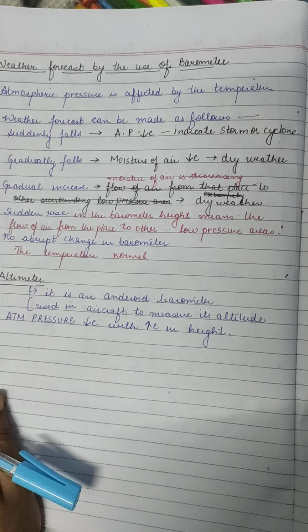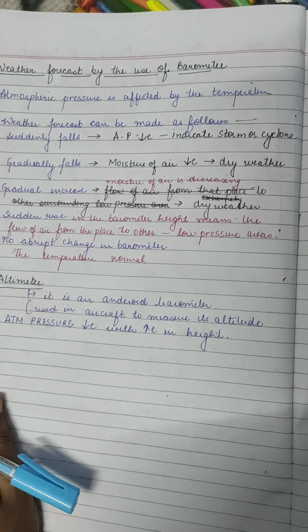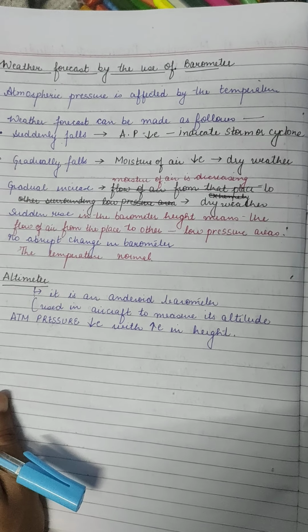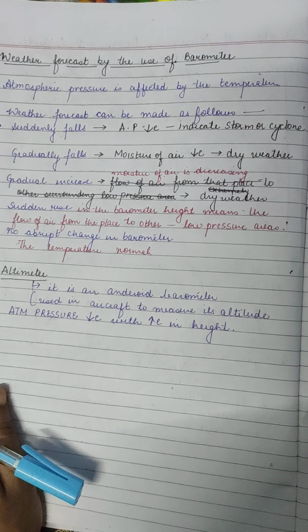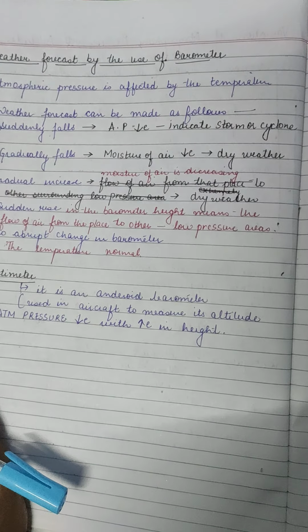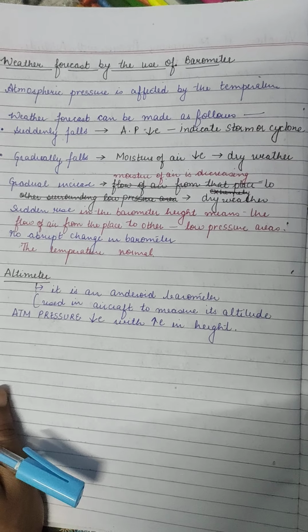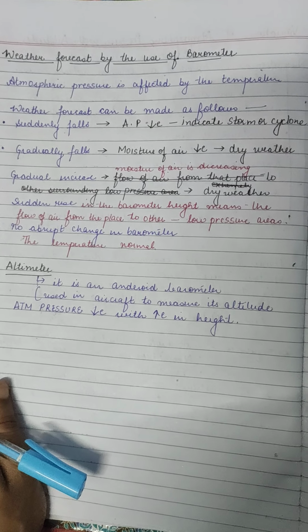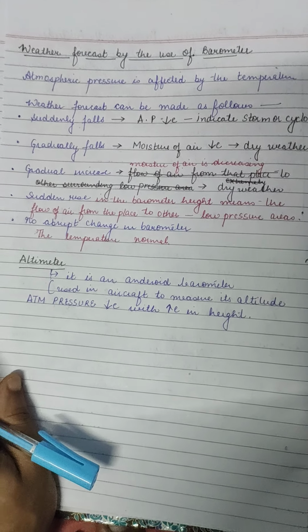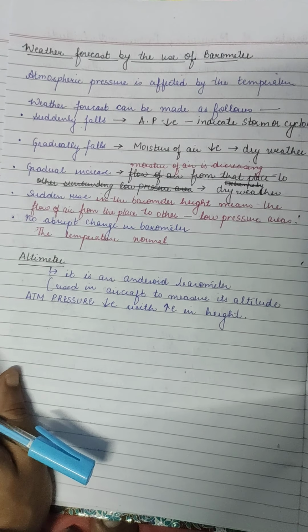The density of air decreases with the increase in temperature and also with the increase in the amount of moisture present in it. So consequently the atmospheric pressure gradually decreases as the temperature or the moisture increases. Does the change in atmospheric pressure help us know about the weather in advance? So how do you come to know about weather forecasting in advance? Temperature plays a very important role in that.